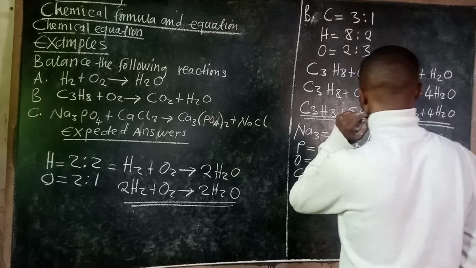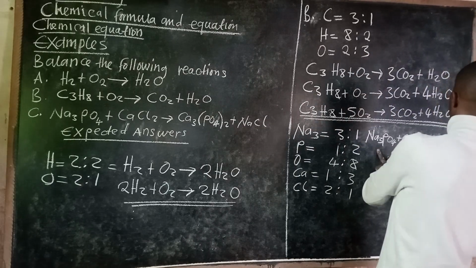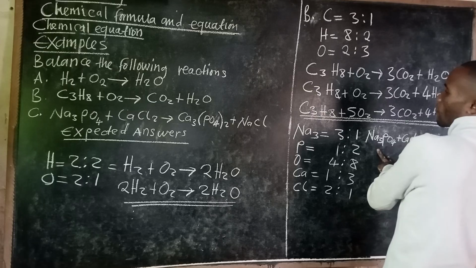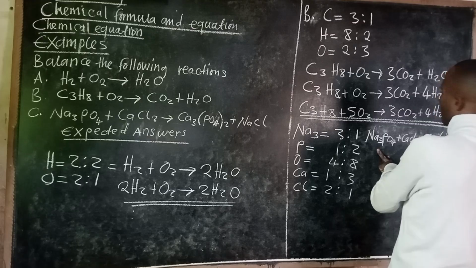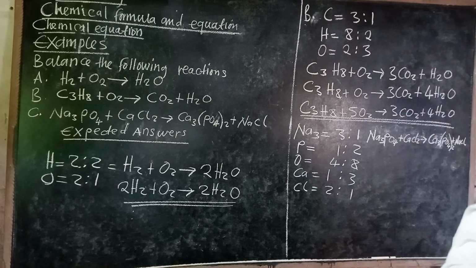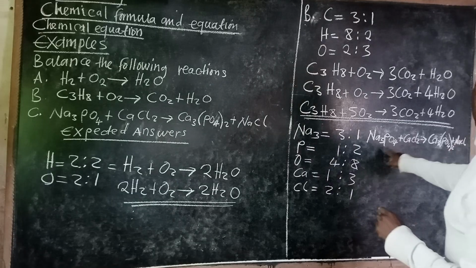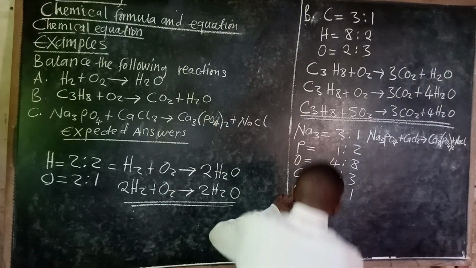Then I said for sodium, okay, sodium is there at the end. So calcium, then we have PO4 there, then 2, then plus. Okay. Yes. So for sodium, supposed to add the 3 there. Okay. So we can write here